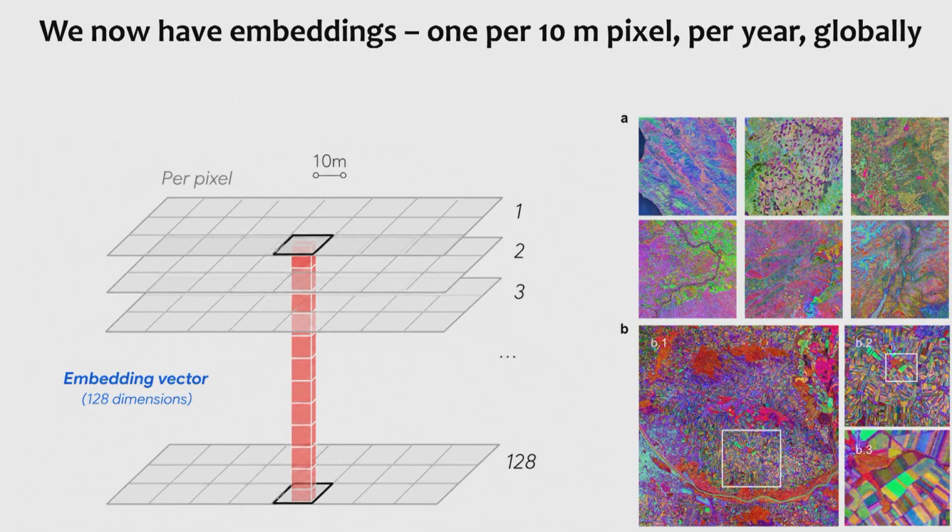So now what we have, that's been trained on almost a billion points around the world. We have an embedding, one for every 10 meter pixel across the entire planet per year for the last 7 years. And this is all completely open access and open code through the University of Cambridge. And this is just what embeddings look like in sort of false color to give you different parts of the earth. They're very pretty, aren't they? But are they meaningful or useful? That's the next question, isn't it?